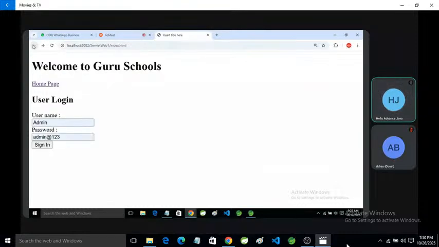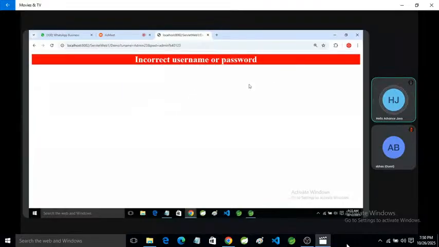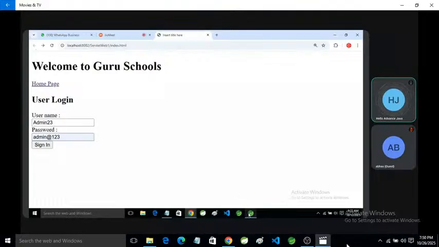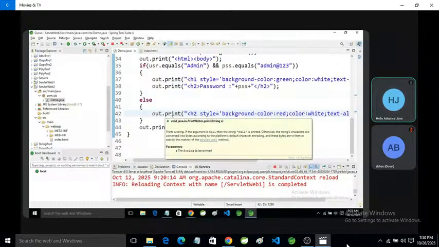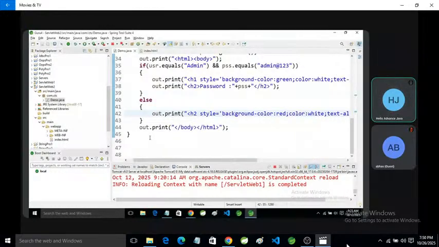Same as here, if we input any wrong username, then it will show incorrect username or password. So we can also use CSS here.